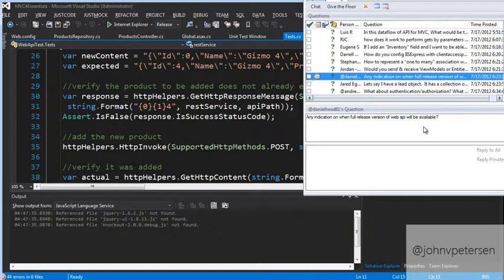So they're actually accepting pull requests. I'm already using the Web API in a couple of production applications today. It's working very well. I can't imagine that there are going to be huge changes between now and when it's released, but I don't know.